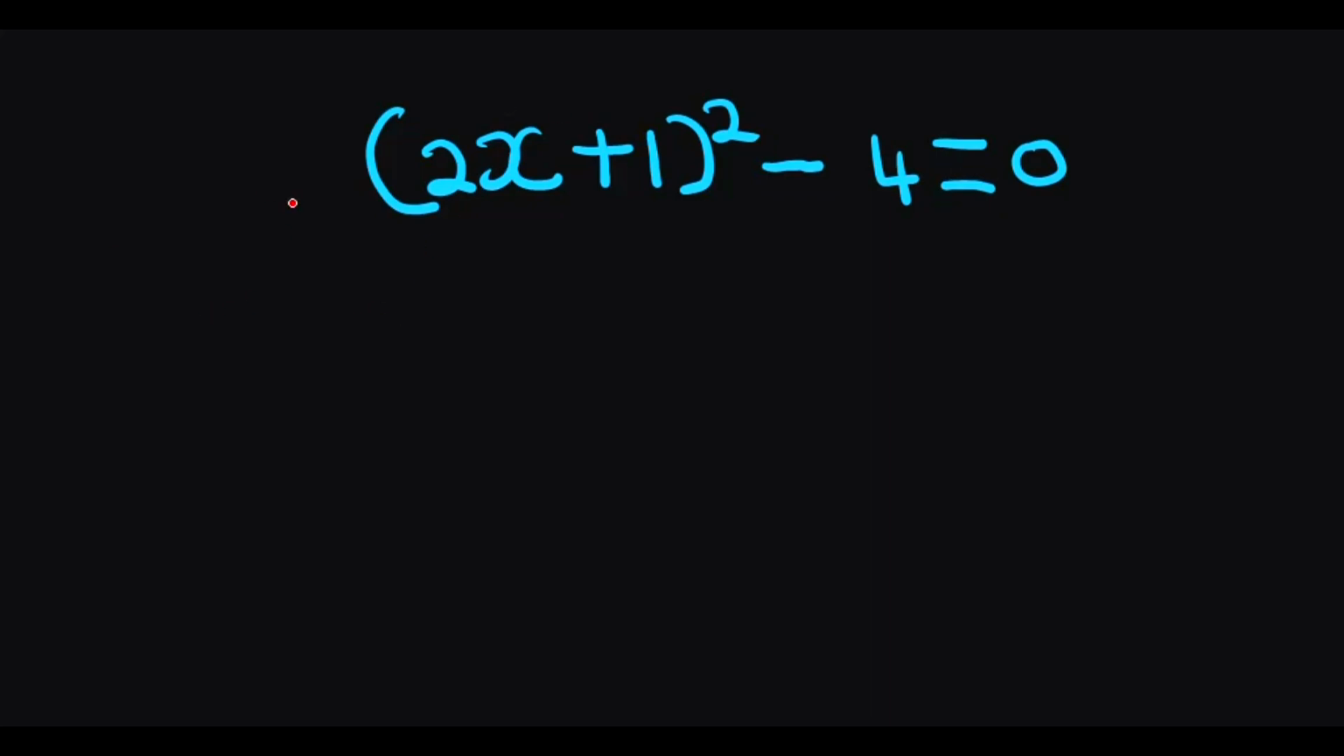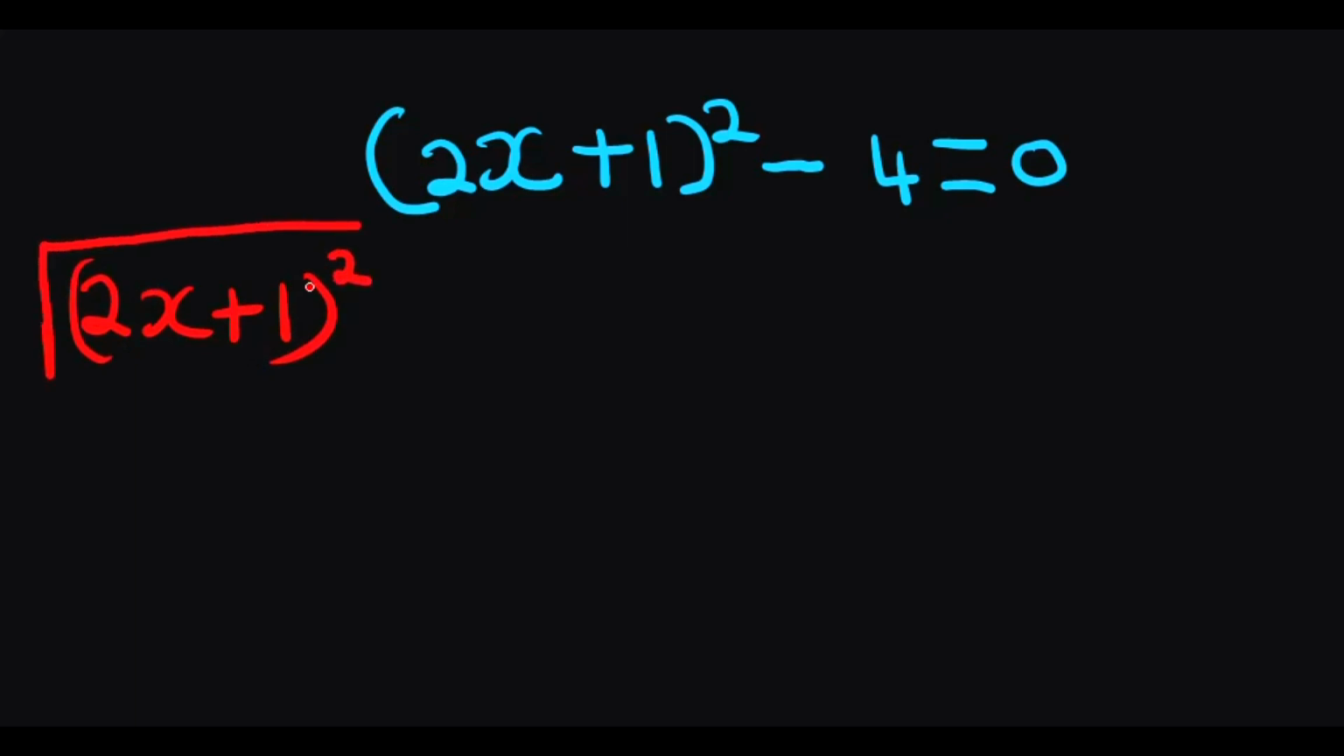The first method that we are going to use to solve this equation is that we will apply the square roots on both sides, which means we will have the square root of (2x + 1)². Why do we put the square root? Because we need to remove this 2. (2x + 1)² is equal to 4. We need to transpose this 4 and also apply the square roots. If we apply the square root, it is plus or minus. So we will have